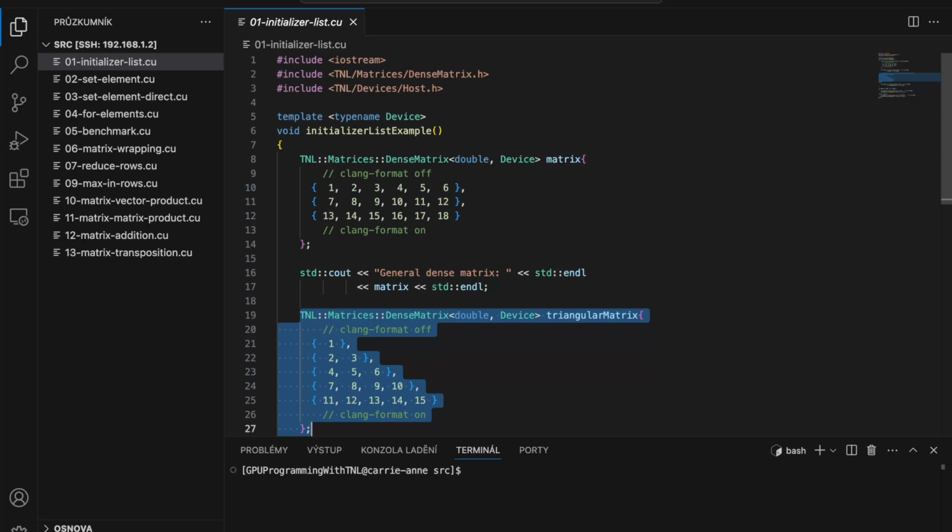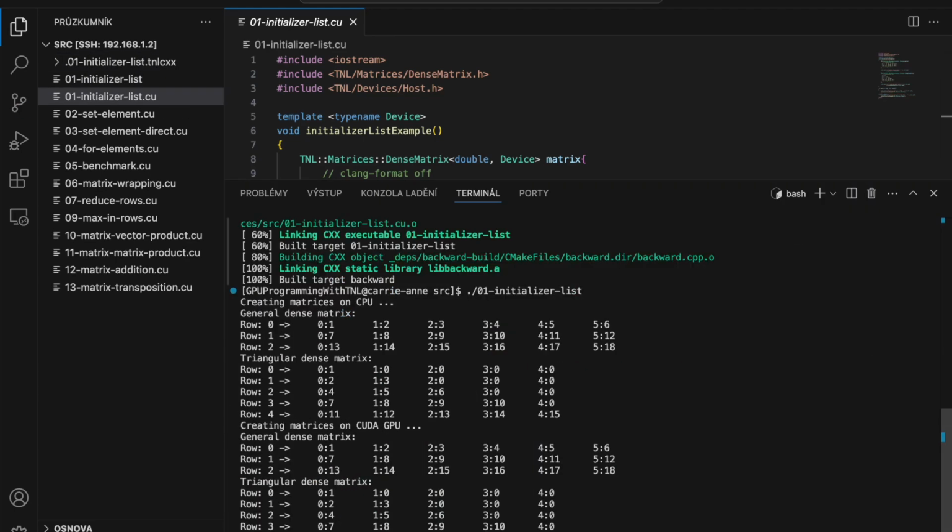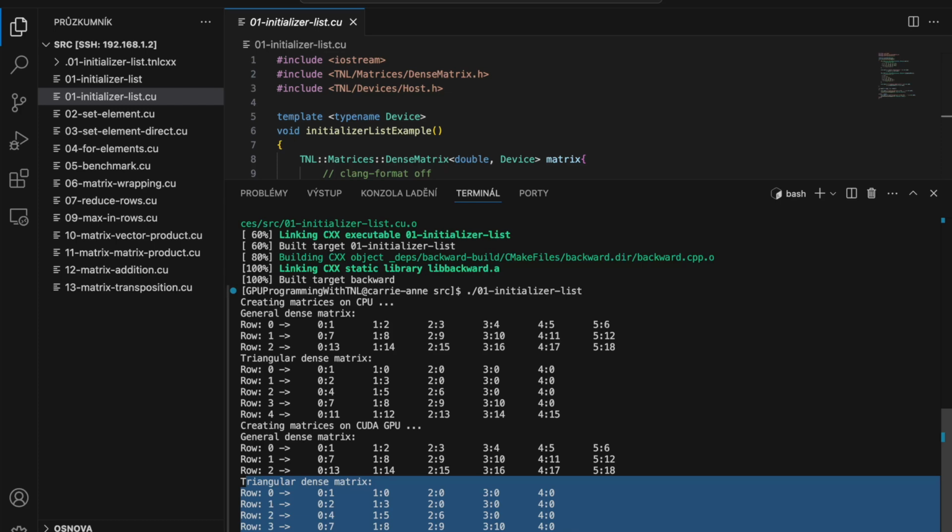They are automatically filled with zeros, and in memory, this matrix is stored as a regular dense matrix, including the 0 elements above the diagonal. We can compile the example using TNL CXX and run it. The program creates both matrices on the CPU and GPU and prints them all to the console. We can observe that for the triangular matrix, for example here, the 0 elements above the diagonal are indeed stored